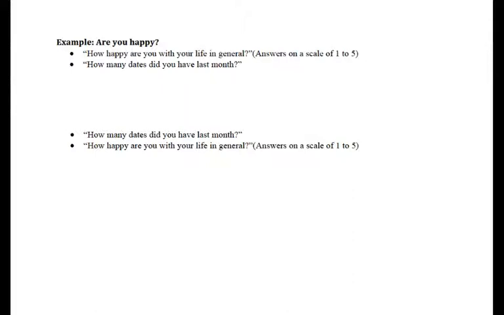These are the same 2 questions, so it's not the wording of the questions, it's really in how they play out in the survey, right, in the big picture of the whole survey. How happy are you with your life in general? Very vague question, difficult for us to really answer without putting it in some sort of context first. And how many dates did you have last month? When these questions are asked in this first order, there's very little association between the answers.